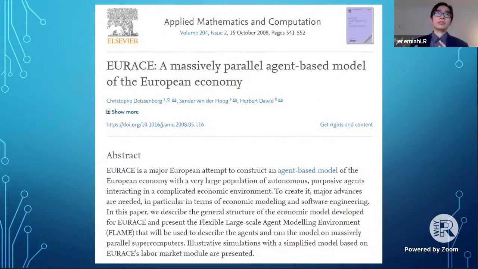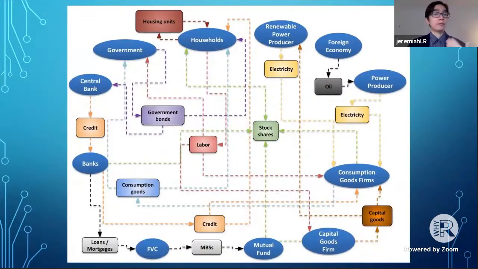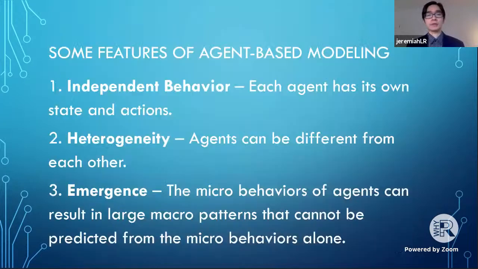So you can have simple models like Schelling's model, and you can go to very, very complex models. So here, for example, is an agent-based model that attempts to simulate the entire European economy called EURACE, a very interesting model and very complicated. This is their schema that you find on their website. So you have many institutions, many markets, and of course, more complex agents than what you find in Schelling.